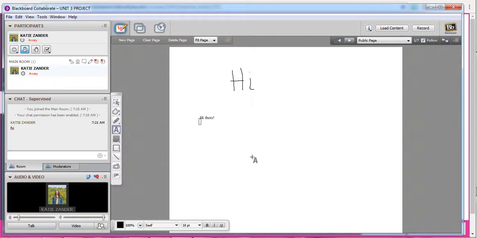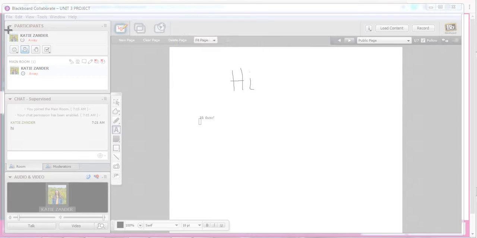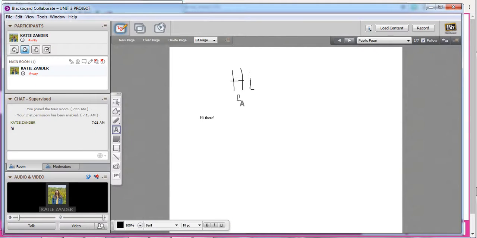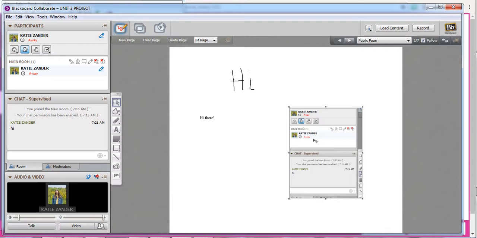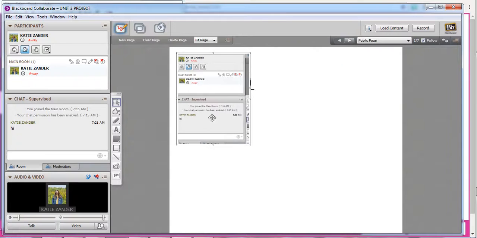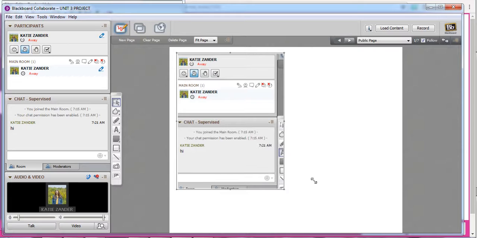So to paste something on the board, if you were to take a screenshot, here I'm just going to use an example of the snipping tool. I would right click to copy, and then when you get to the room, if you use this first object here, you can right click to paste and it's going to put that picture on the board for everyone in the room to see. So that's what you're going to do with your questions, is take a screenshot and then put them on the board for either myself or Alex to help you